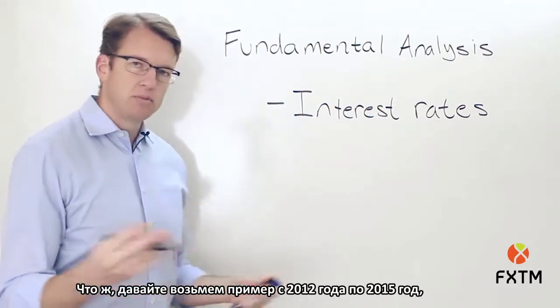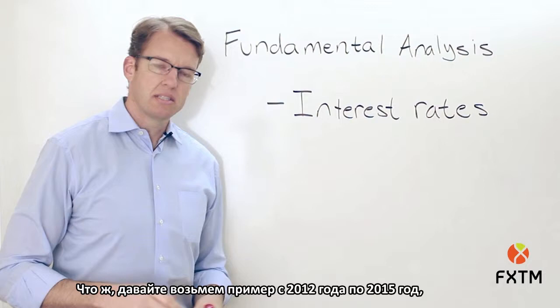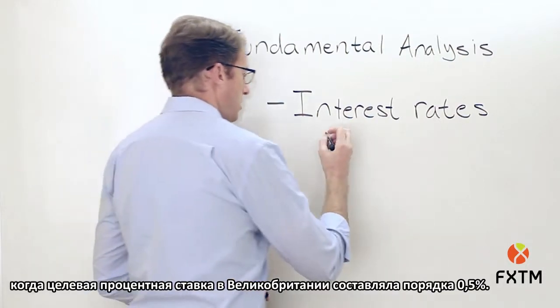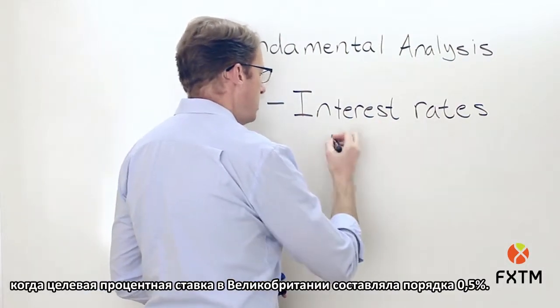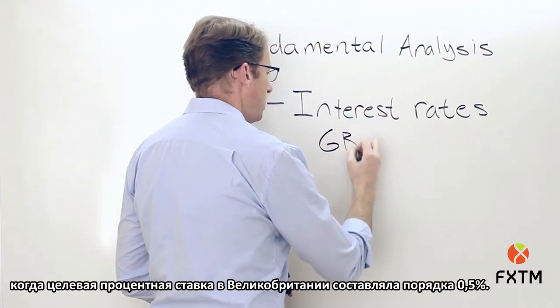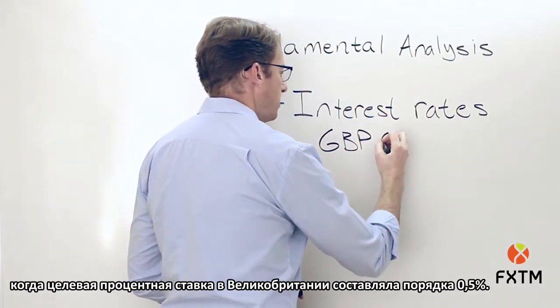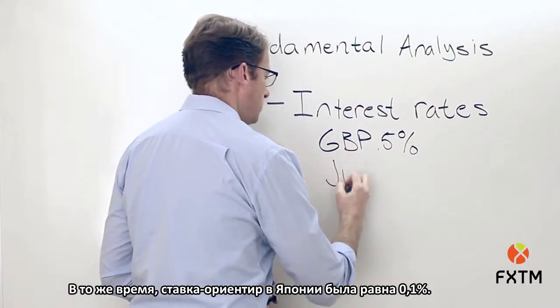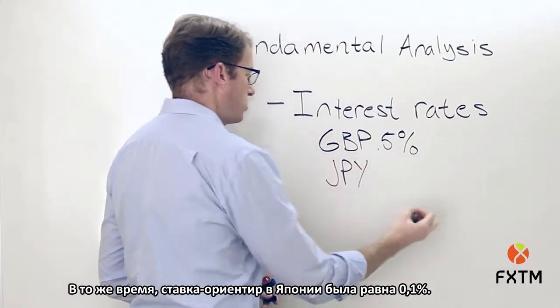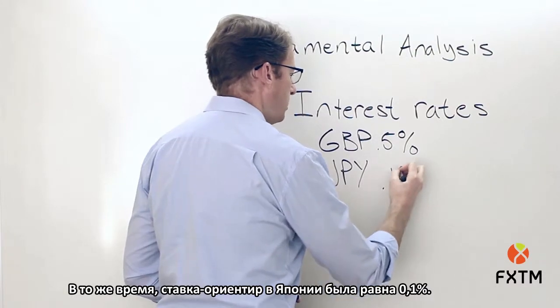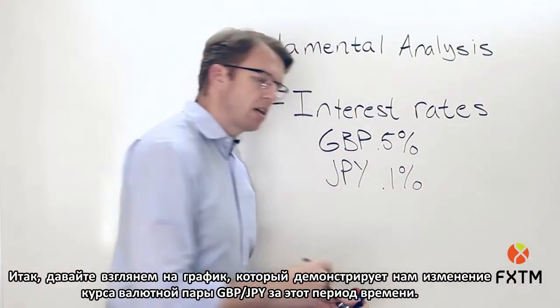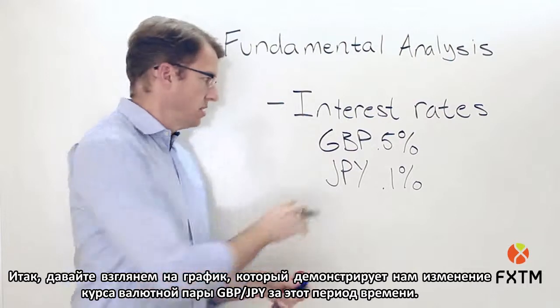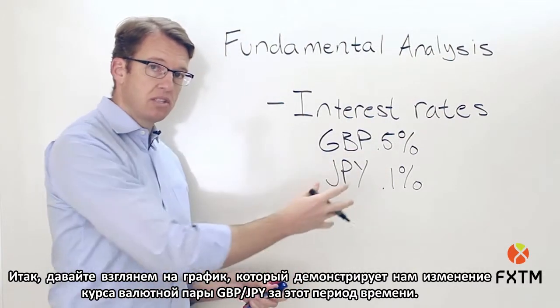So take, for example, from about 2012 through 2015, the target interest rate, or that key interest rate in the UK, was about 0.5%. Now, at the same time, the same interest rate, or that benchmark interest rate in Japan, was 0.1%. So let's take a look at a chart that represents this particular currency pair, the pound versus the yen, over